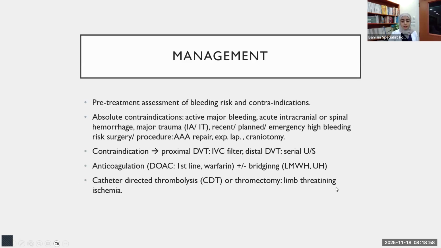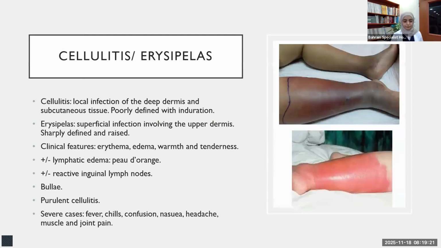If there is a threatening to the limb, if it is a massive DVT, then there is also the catheter-directed thrombolysis, where a catheter is inserted inside the thrombus itself, and we inject the TPA or a thrombolytic agent to dissolve the thrombus, or thrombectomy. Moving to the second